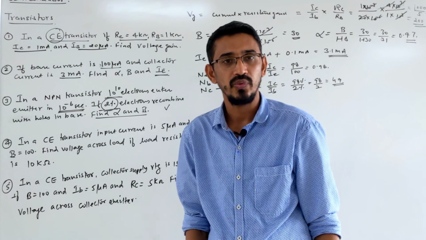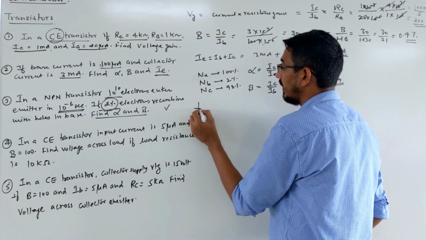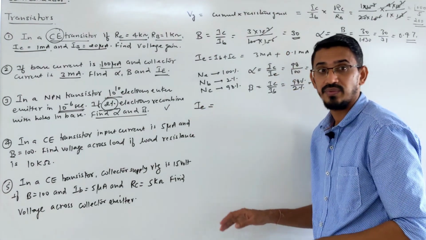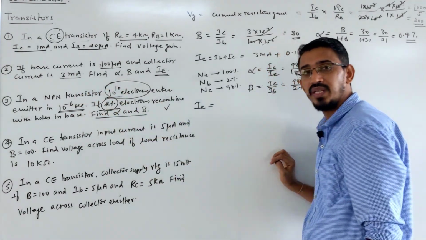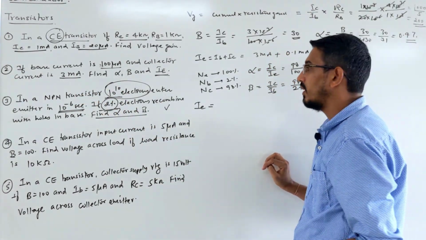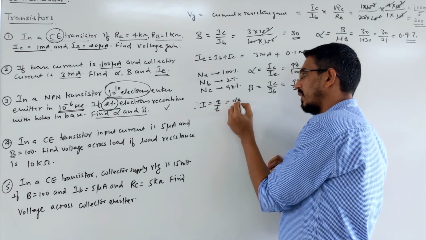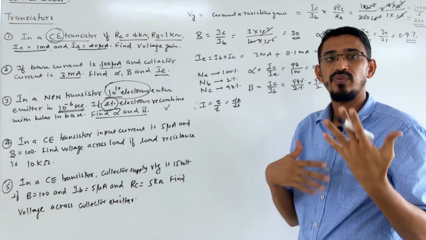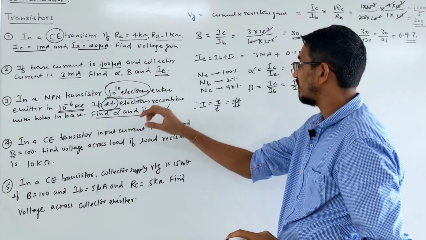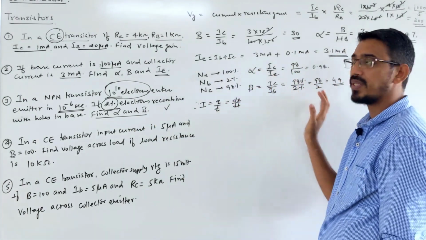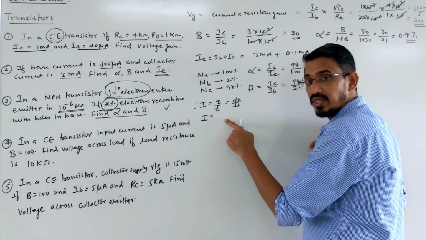Sometimes what they ask you? They ask you current also. Find IC current, find IB current. Then what you will do? First you find IE, emitter current. How will you find it? Watch carefully. This much number of electrons entering in emitter in 10 power minus 6 second. So how to find current? Obviously we know that current is called rate of flow of charge, Q by T, or you can write dQ by dt, right? Suppose they are asking find the currents. Finding alpha, beta is easy. Directly you can write in percentage also, no problem. How will you find current? So you write this formula, that rate of flow of charge is called current.